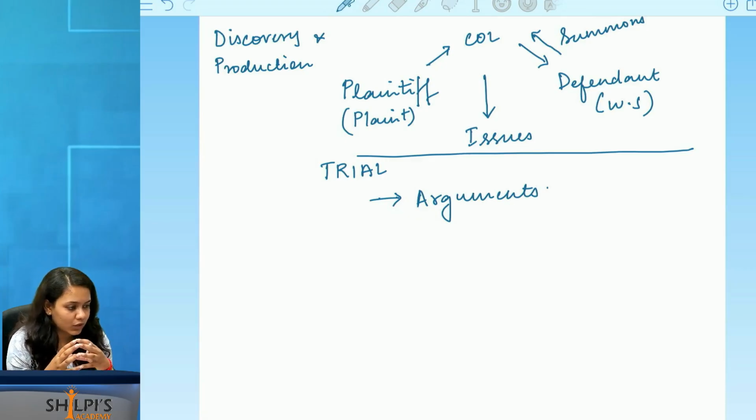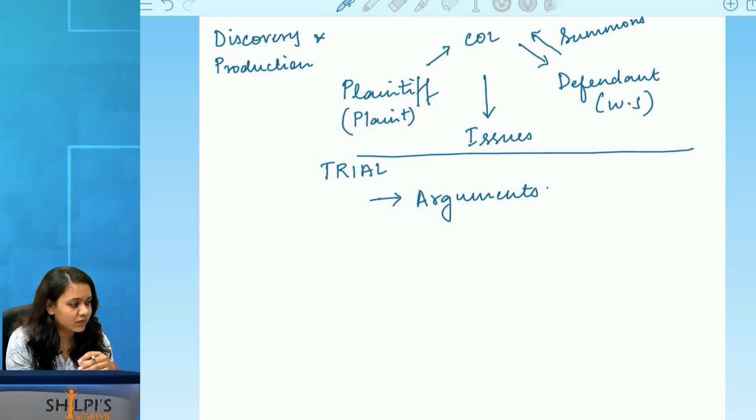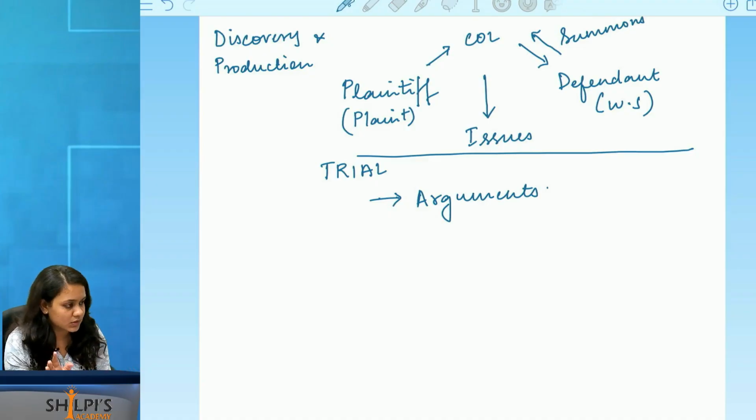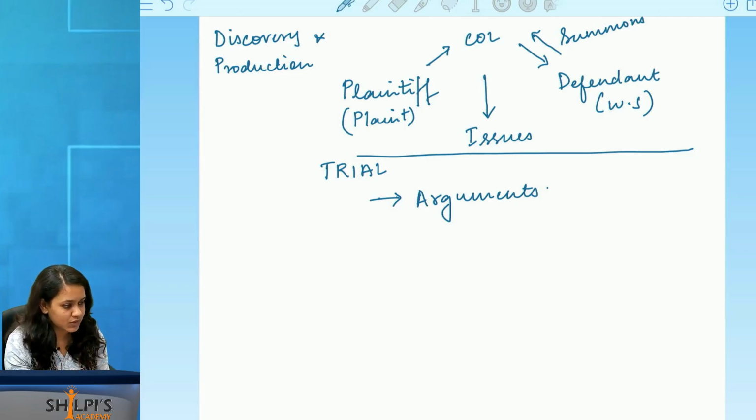And from what I know, in most cases in the civil courts, there is not much in terms of arguments based on law. Arguments based on law will mostly happen at the high court level, or the high court and the Supreme Court level. At the lower court level, they will simply say this is the application of facts to this law and this is the decision. So, I am not saying that there are no arguments in the lower court stage. I am just saying the arguments will vary slightly in comparison to a civil court and a high court. But fine, let's stick to what arguments are.